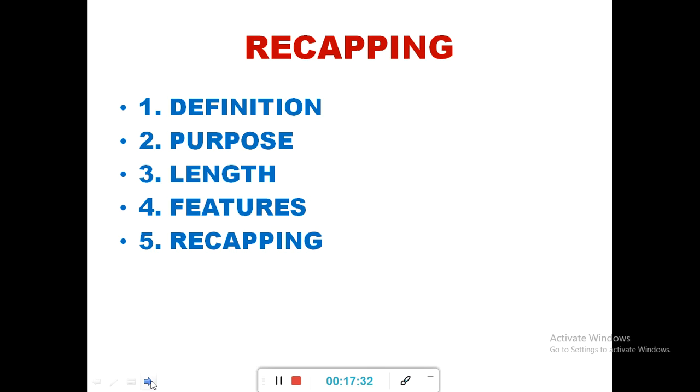And then let's look at the features. When you have an article, of course, the article begins with a title, then an introduction, a body of paragraphs, and then the concluding paragraph. A thesis, on the other hand, begins with the title page. You have the title page, you have the abstract, which gives you an overview of what the thesis is about. Then, of course, you have the acknowledgements, or the dedication, if you like.